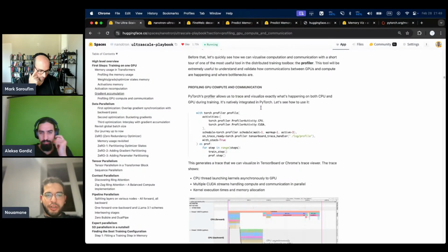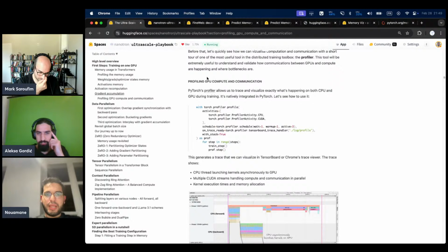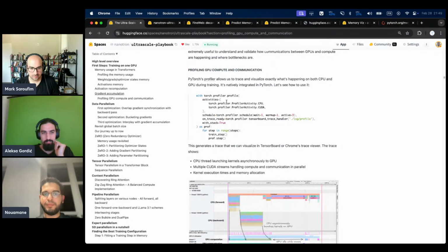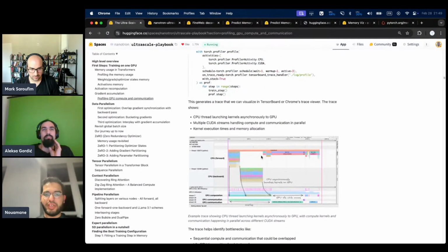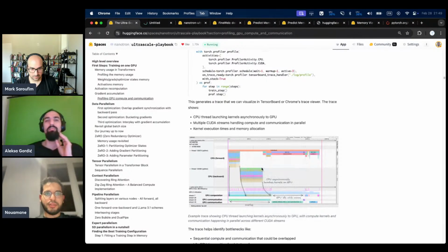Before concluding this first step, we'll talk about the final tool, which is the profiling of GPU compute and communication, thanks to the amazing profiler tool by PyTorch. This is the snippet you can use to generate this trace. And looking quickly at this trace,